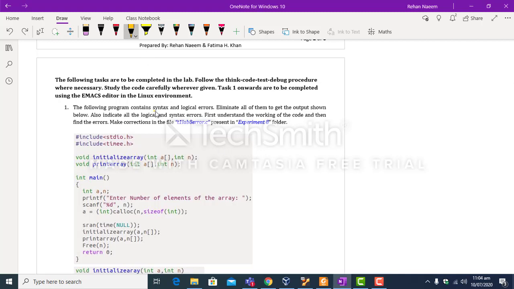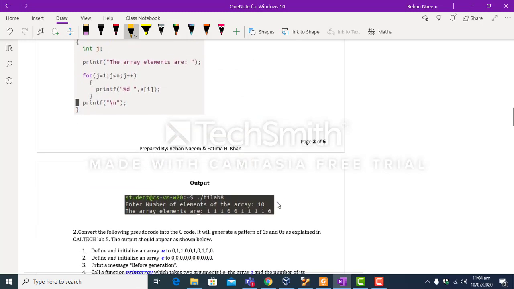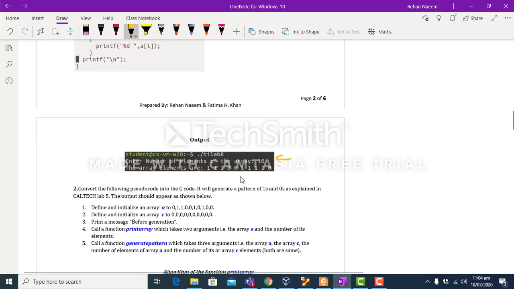In this task, you have to eliminate all the syntax and logical errors present in this code so that you get the output as shown over here. So this program takes an integer from the user.